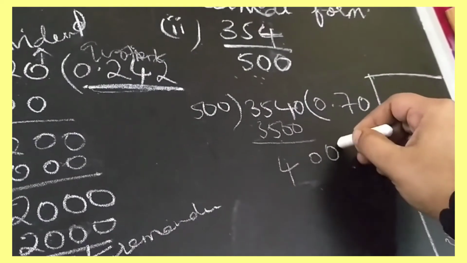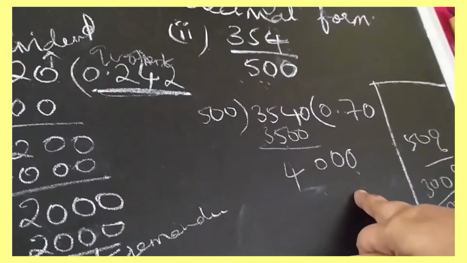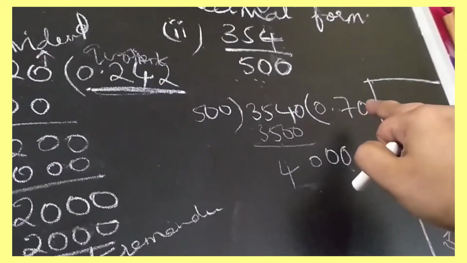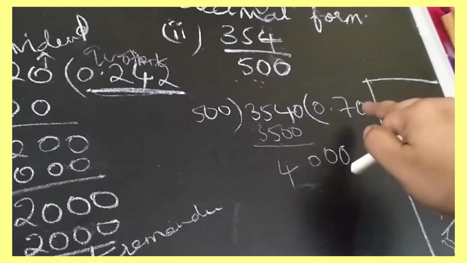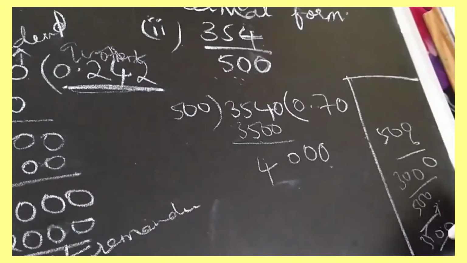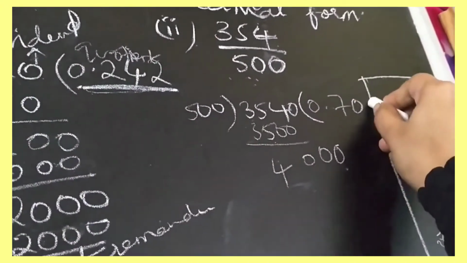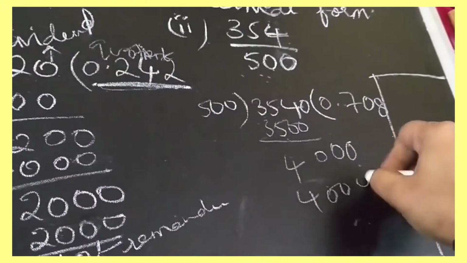Again we have to make this 400 as 4000. If you are taking two zeros, you have to add one more 0 here, and in the quotient you have to write one more 0. It is 500. If we see 500 eights, it is 4000 only. 5 eights are 40. It is 4000. So the answer is here